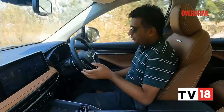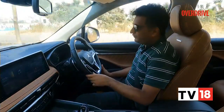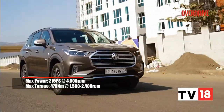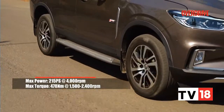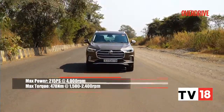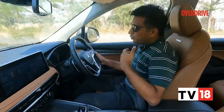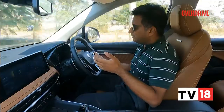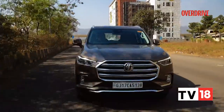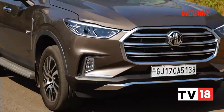Now, as you would expect, the Gloster drives exactly as it used to before. So at low speeds, the engine, even with its significant outputs, is a bit sluggish before the boost kicks in, before both the turbos are fully spooled up. And it also has this tendency to sort of go into a coast kind of situation. The revs drop, which means that, say in on-off traffic where you are accelerating, decelerating, it does feel a bit